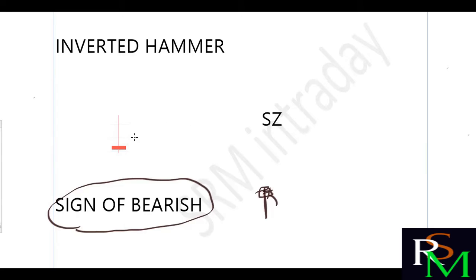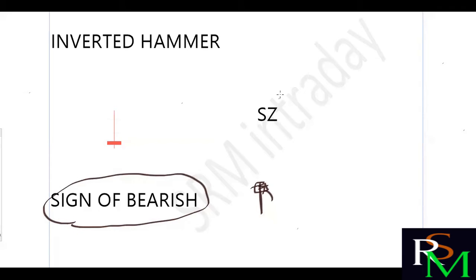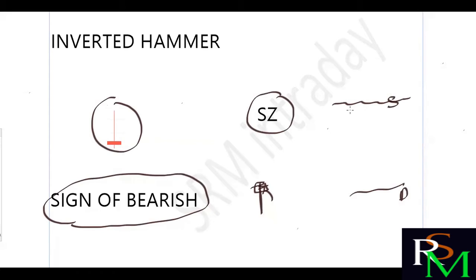But if this candle is formed at a supply zone, only at a supply zone, we can give some weightage to this particular candle, the inverted hammer. I will show you an example, don't worry. And you must watch the video on supply zone and demand zone. For example, if this is a supply zone and this is the demand zone, and at the supply zone you find this type of candle, yes, it can give 5% confirmation that the market is going to fall. Like that.